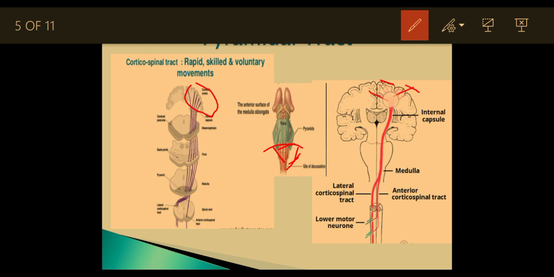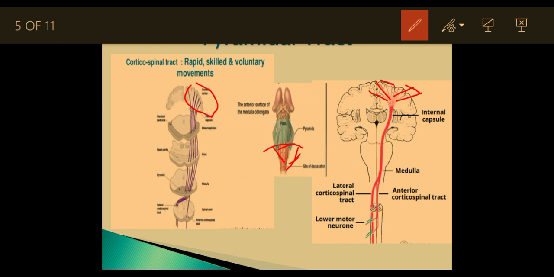We can see this fan-like structure of fibers, which consists of both afferent and efferent fibers, meaning ascending and descending fibers. The ascending fibers project from the thalamus and eventually into the cortex, and the descending fibers come primarily from the cortical level and descend downward. That is the corona radiata structure. Then, during the course of the descent at the level of the brainstem, the internal capsule structure is formed.